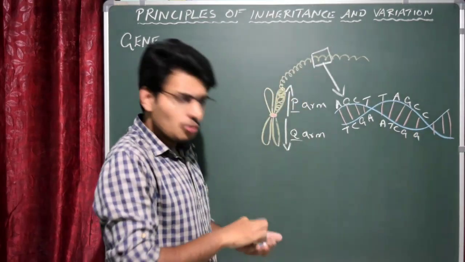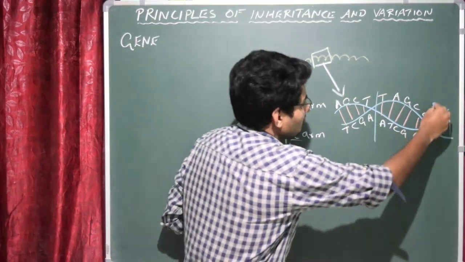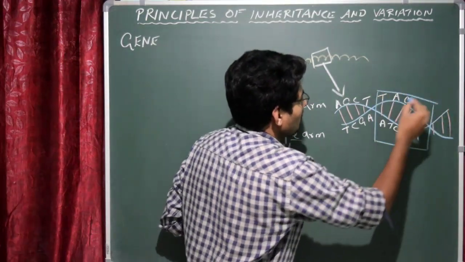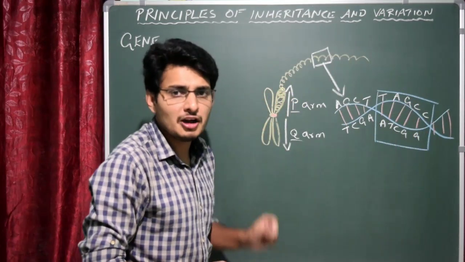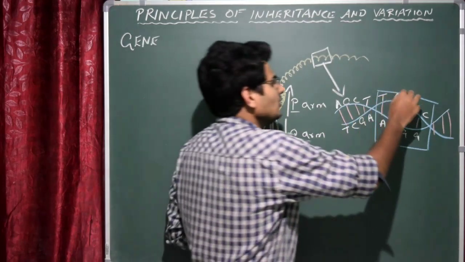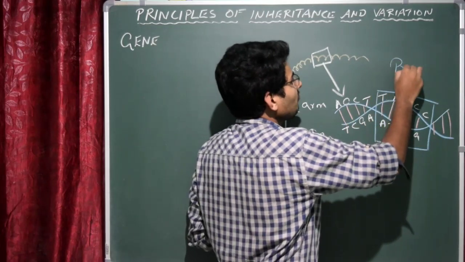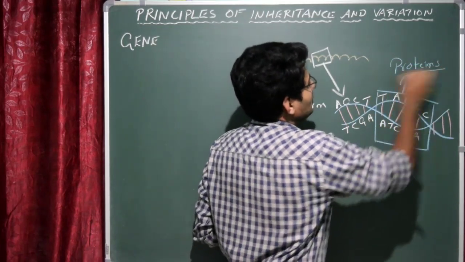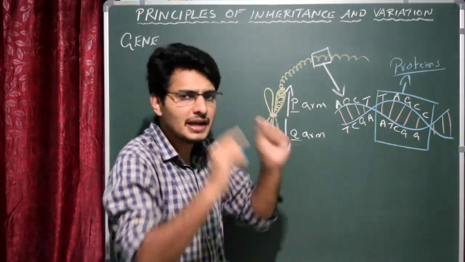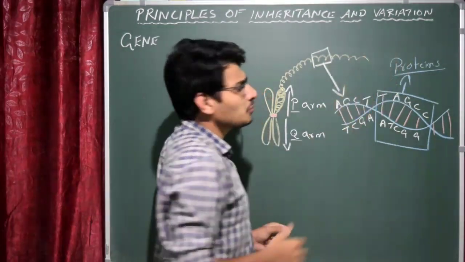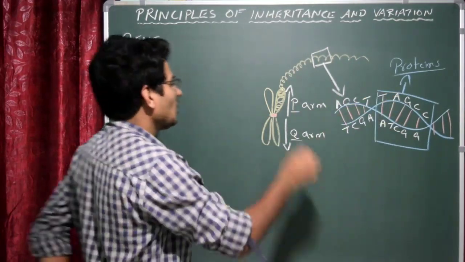Okay. Now, what is exactly a gene here? For example, if I just consider this part of the DNA, this particular part of the DNA has 1, 2, 3, 4, 5. 5 nitrogenous base pairs are there. If these 5 nitrogenous base pairs are responsible for the production of protein, if they produce proteins in our body, a good example is melanin, which is a type of protein produced by a type of gene. So if this protein is produced by this segment of the DNA, then this segment of the DNA is called a gene.